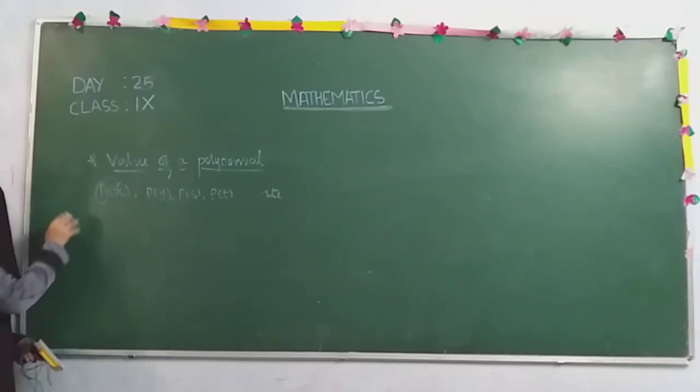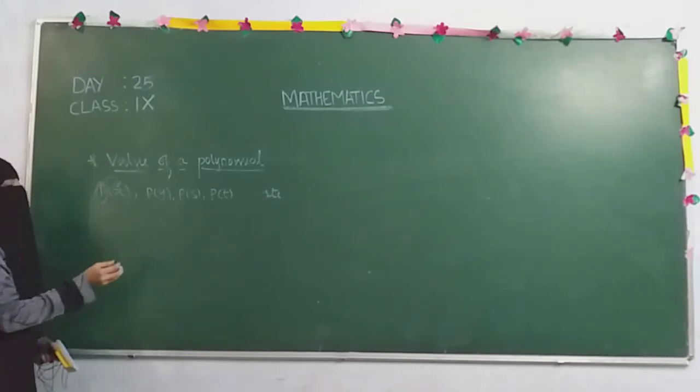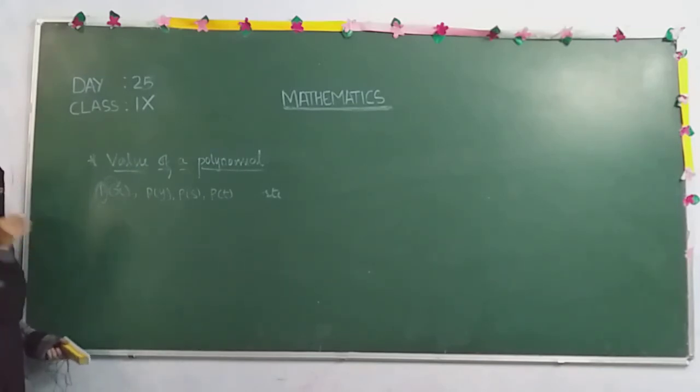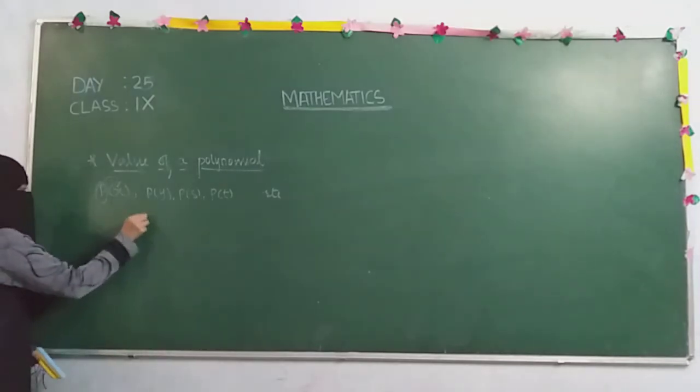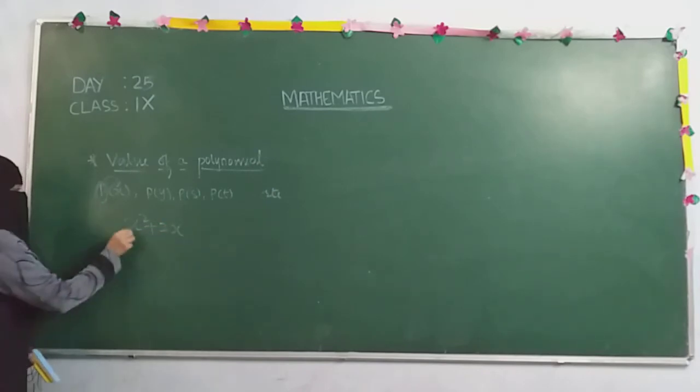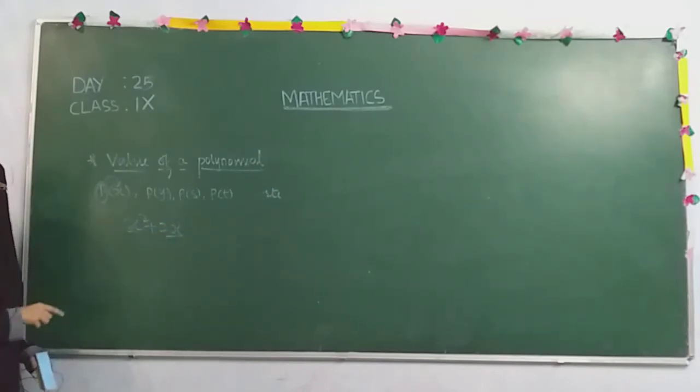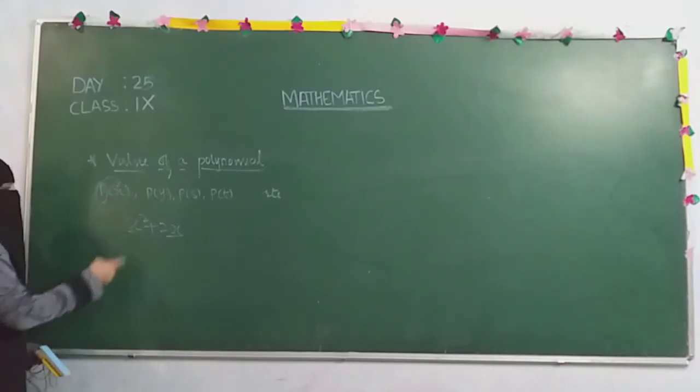Okay, the meaning of p of x, p of y is nothing but in which variable the polynomial is. In the previous video we studied polynomials in 1 variable, 2 variables, 3 variables, 4 variables. We have observed that a polynomial can have 1 variable or 2 variables as well. Suppose x square plus 2x, it means this is a polynomial. I will write it on the board, x square plus 2x, completely 1 variable. This is a polynomial in 1 variable or polynomial in x, because overall we are using 1 variable.